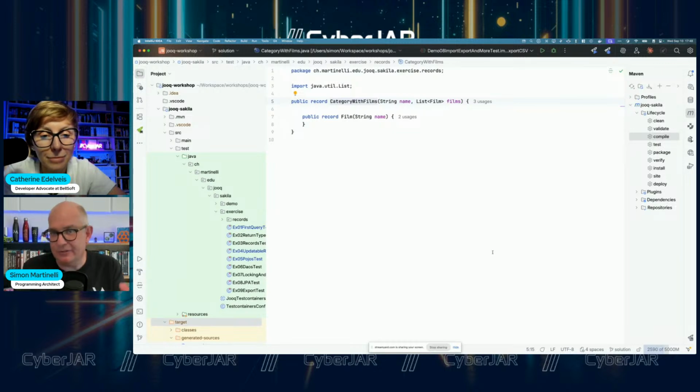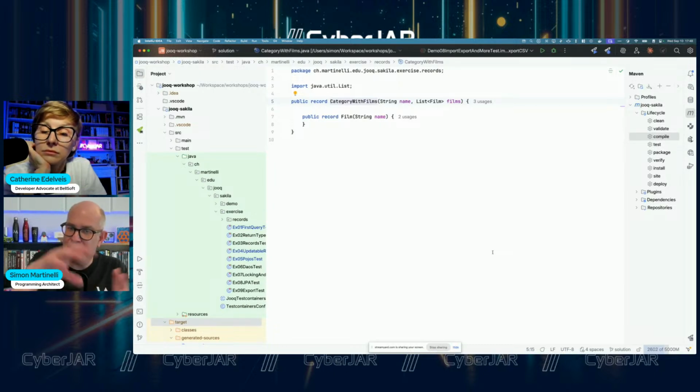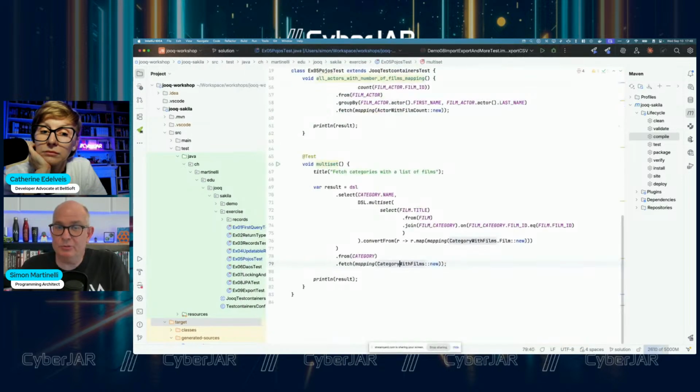So Hibernate, depending on how you set your entity graph or do the join fetch, will also just execute a single SQL statement. But the problem with the single SQL statement with Hibernate is this will be a product of the two tables. So you have redundant data in the result set, first of all. And the second problem is if you want to sort, for example, the film in the category, you can't do that with Hibernate. Because you can't do sorting of the entity mapping at query time. But with jOOQ, you can do whatever you want.